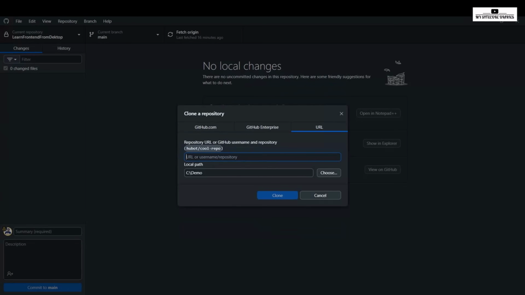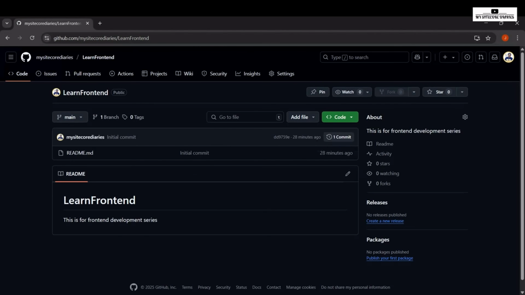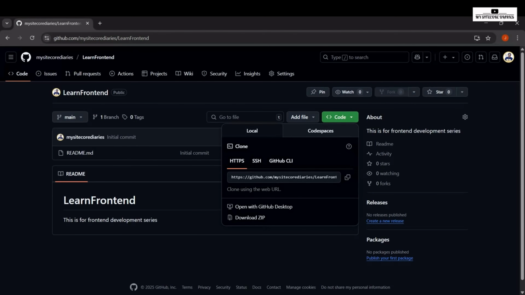Okay, but the best way that you are most probably going to use is, if you have a public repository URL, or you have a URL of a repository, that you are going to use. So when we first created the repository, we saw the URL of that. So if I go here, we are going to use this one. So learn frontend. If I go here, is this URL. Okay, I just copy that